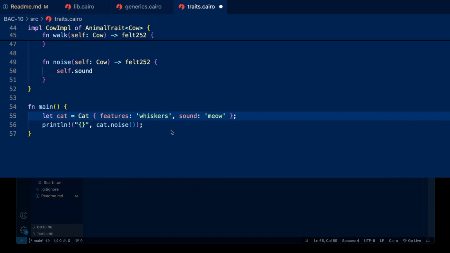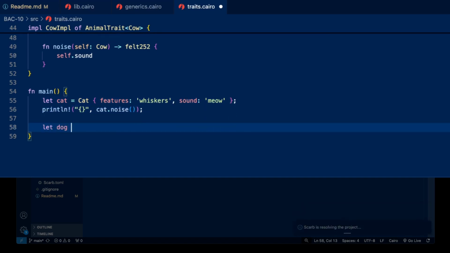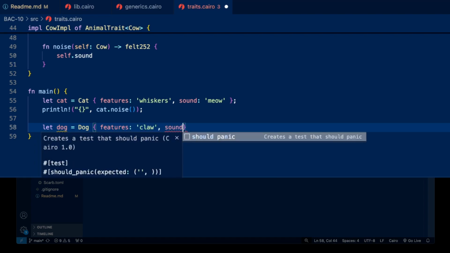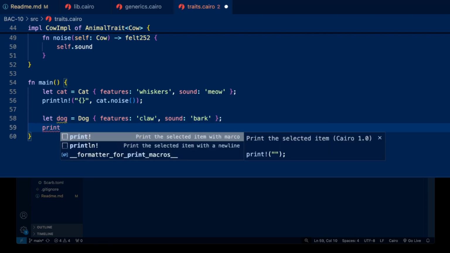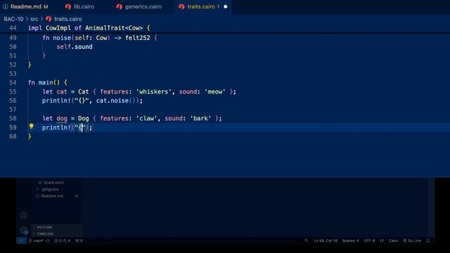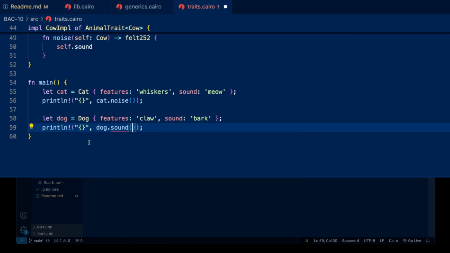So now we could create a new item called dog, and for features I'm just going to pass in claw, and for sound I'm going to pass in bark, and I can now come here and once again try to print out dog.noise, right, which is